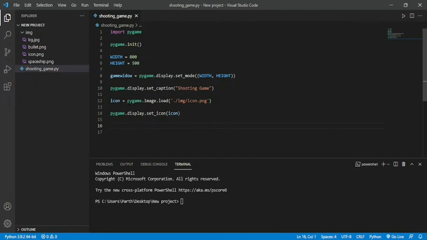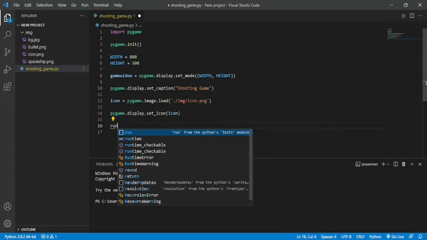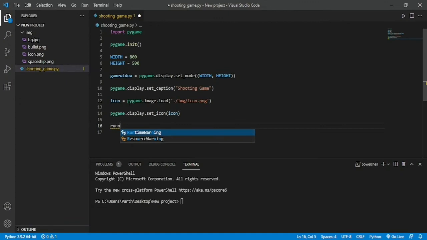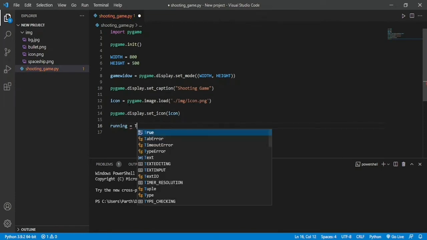Now if I run this project, our screen is going to pop up, and in a matter of seconds it is going to disappear. So just to show you guys, let me quickly make an infinite loop, just temporarily. I am making a variable called running.